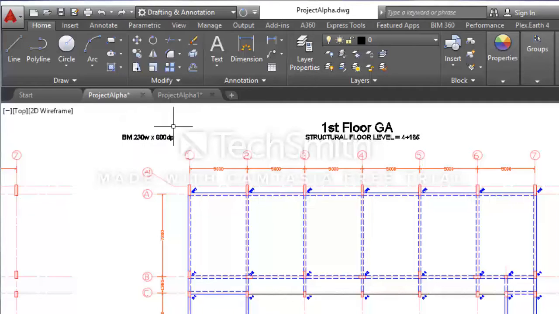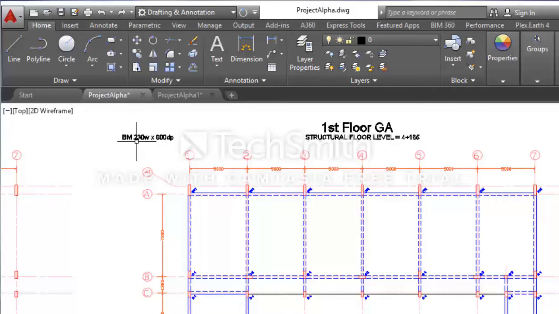This is how I normally denote my beam on my general arrangement drawing. As you can see, this label consists of three main parts. The BM stands for beam, the 230W stands for the width of the beam.